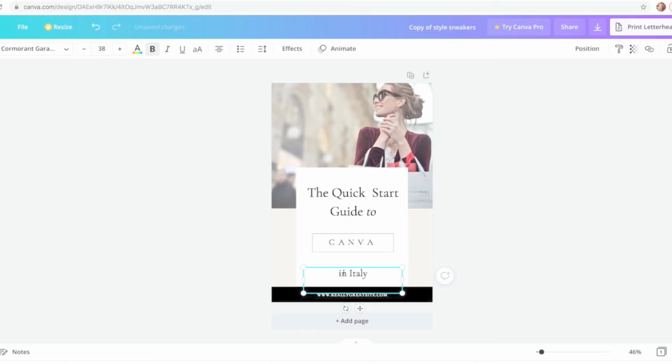Okay, that'll do for the moment. So I'm going to just type in something explaining what we're doing here. A quick look at how to edit text, colours and photos